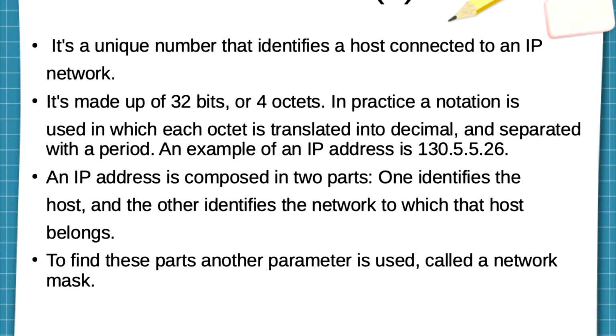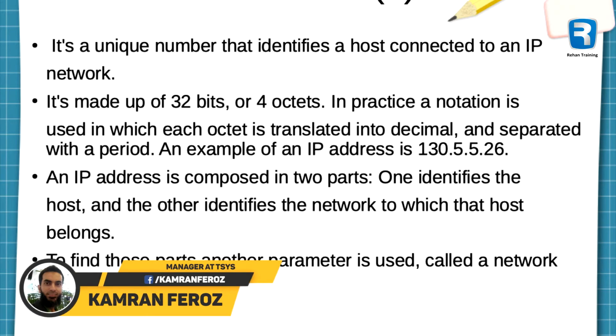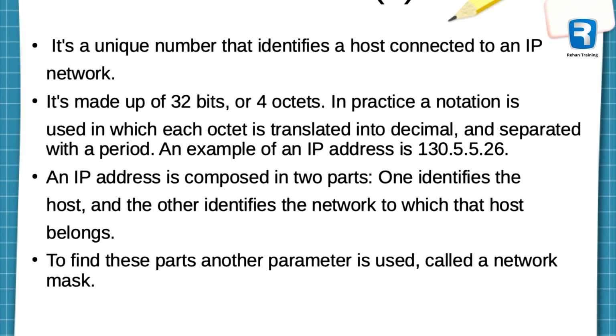Next, we will talk about IP address. It is a unique number that identifies a host connected to an IP network. It is made up of 32 bits or 4 octets. In practice, a notation is used in which each octet is translated into decimal and separated with a period. An example of an IP address is